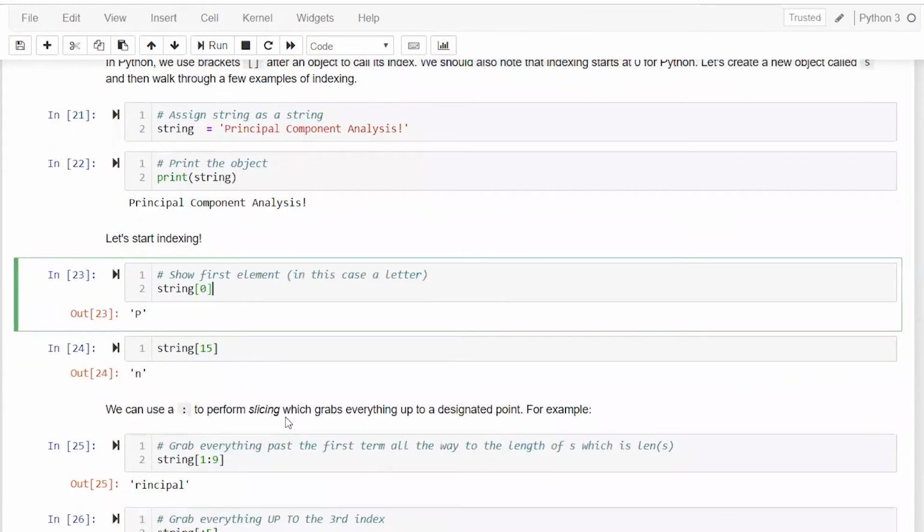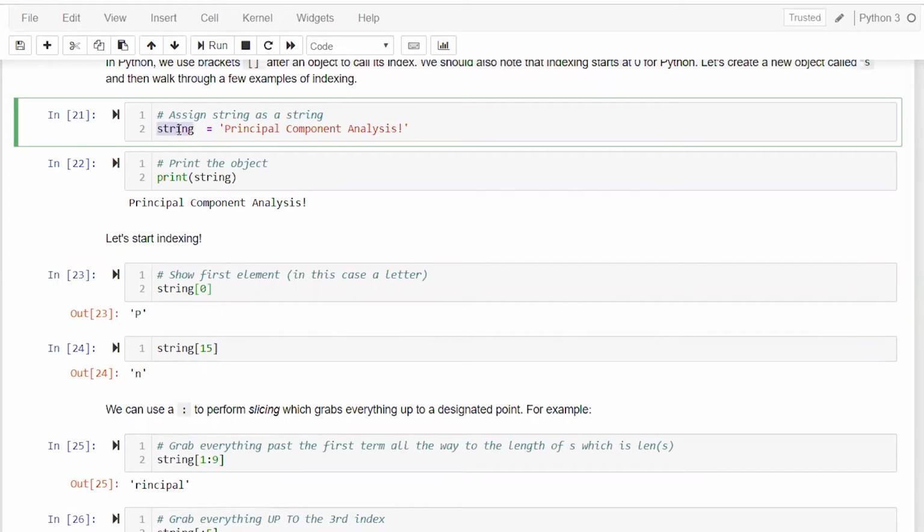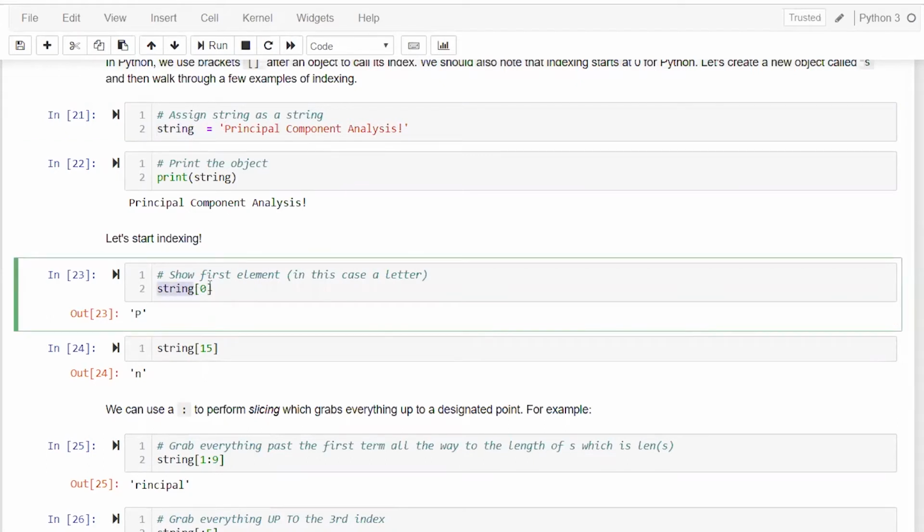So how do we find a particular character or take a subset of this string using the indexing method? You have this variable which contains the value principal component analysis, and then after the variable you provide square brackets and specify the index of the element which you want to extract.